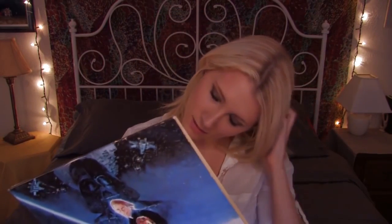But they felt that that wasn't a very good title because Jedi actually weren't vengeful people. So they changed it to Return of the Jedi. But there was a poster, a film poster created with the title Revenge of the Jedi on it that features Luke Skywalker and Darth Vader